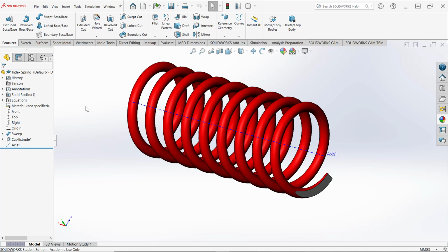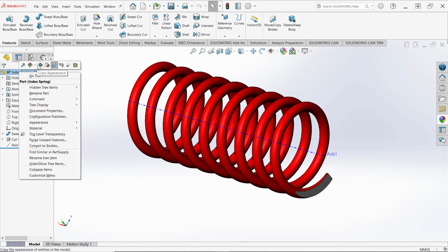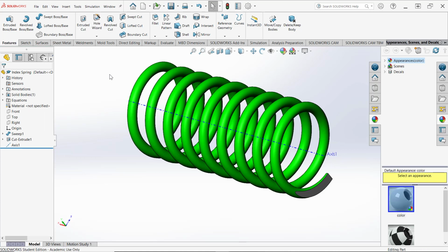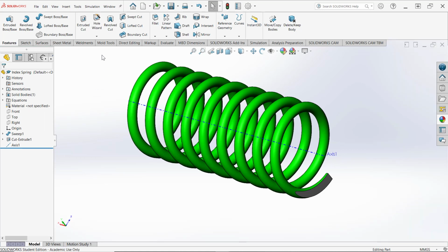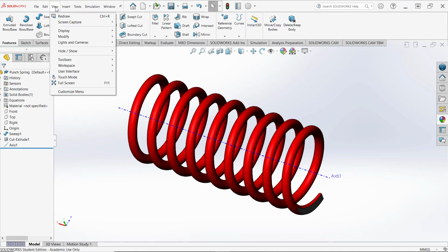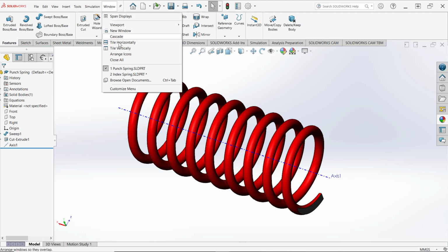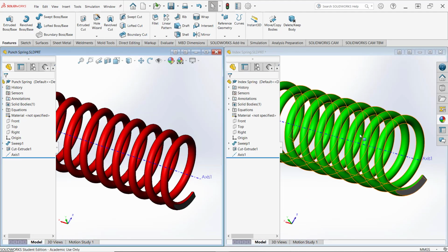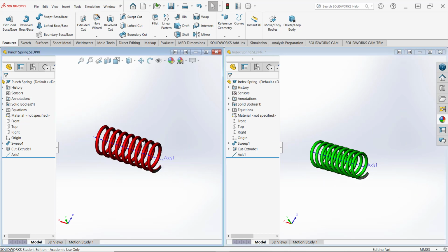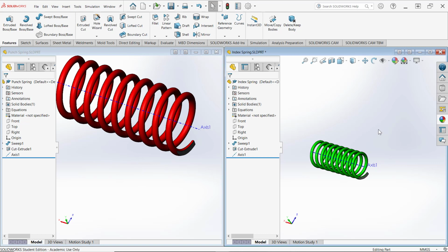I'm going to change the color of the index spring. So I'll right click, I'll go to the appearance of the index spring, and I'm going to change that to some other color. And let's put these side by side, and so let's make sure we have both of them open. And so do I have the punch spring still open? So I'll go to window, and I'll tile these vertically. And so over here I have the index spring, and here I have the punch spring. I want to edit the index spring, so I'll go to the index spring,